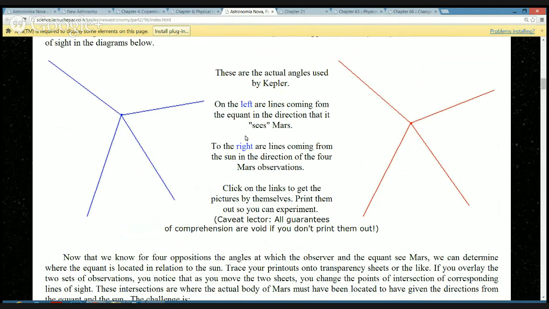Is the angle between the top two blue spots bigger or smaller than the angle between the top two on the red ones? The blue one is bigger. So is Mars moving faster or slower than usual in that direction? Faster. They're both slower and faster. Is this the time it takes to traverse that angle? What is? The blue one? Yeah, the blue is the time to traverse the angle, right.